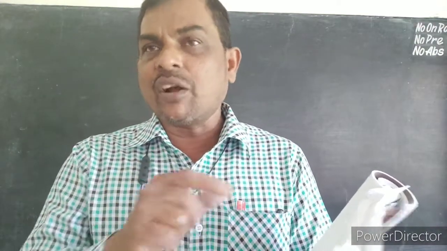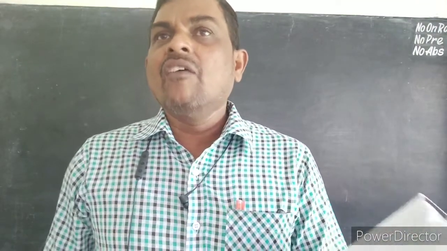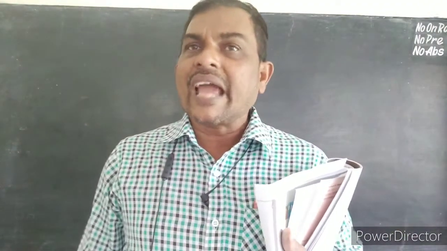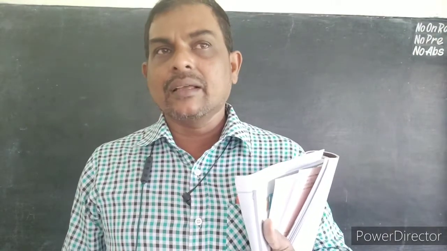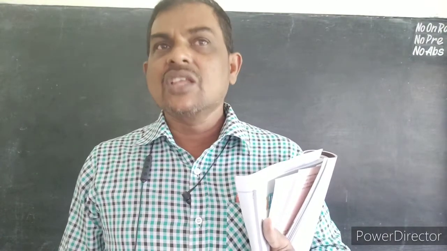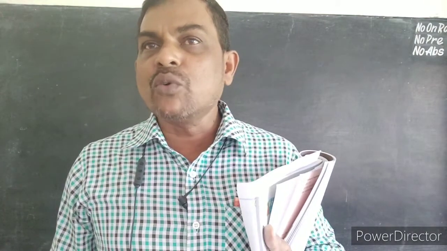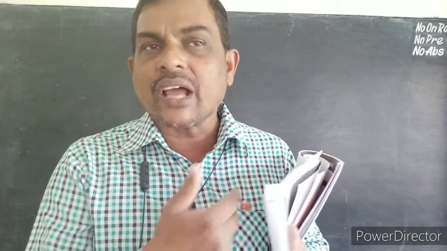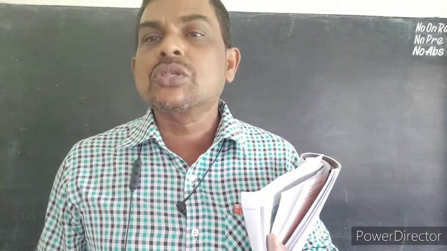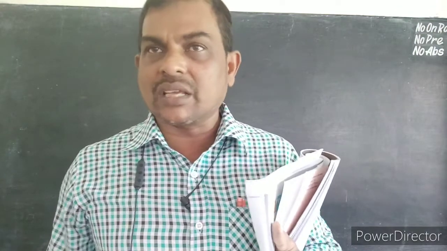For that, what we have to do means, first, what is the accounting equation? Assets is equal to capital plus liabilities. We must find out what are the assets and what are the liabilities. So first we have to find out from these transactions what are the assets. Assets means what? Cash in hand, cash at bank, machinery, furniture, stock. Here they will use goods, purchase of goods, sale of goods. The goods they are using is commonly called stock. Stock is nothing but goods in our sum.